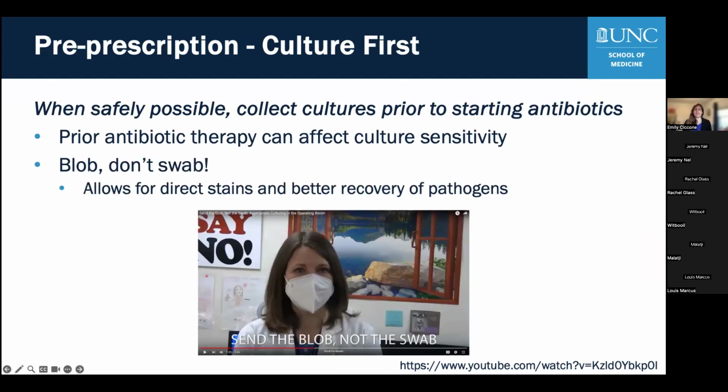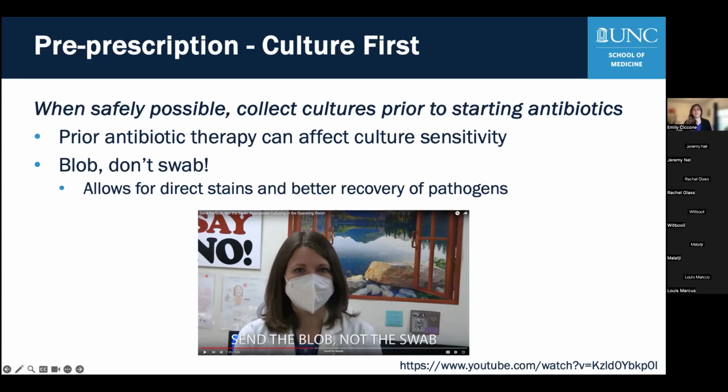Also, the appropriate culturing technique is very important as well. So at UNC, we had a campaign in collaboration with our surgical services to improve OR cultures. So we were having an issue where infection was suspected intra-op and cultures were not being collected before antibiotics were started, or not being collected at all. And then also that there were a lot of swabs being sent as opposed to the actual purulence or infected tissue. And so we had a campaign called Send the Blob, Not the Swab,